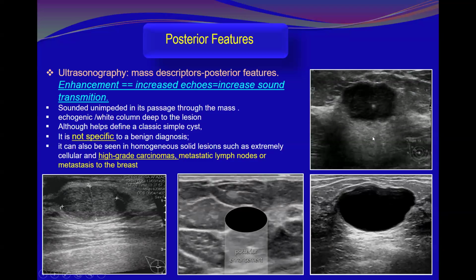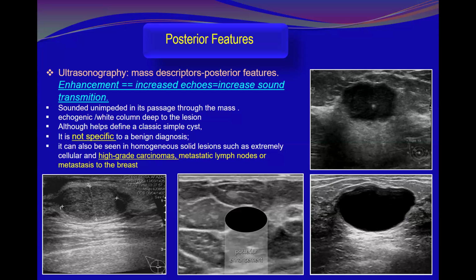These are my patients demonstrating posterior enhancement. This is a fibroadenoma, and this is a carcinoma. This is a simple cyst. It is expected; it is a feature of the simple cyst to have posterior enhancement. But when we see it with a soft tissue mass, that most likely indicates a high cellularity or high-grade carcinoma,